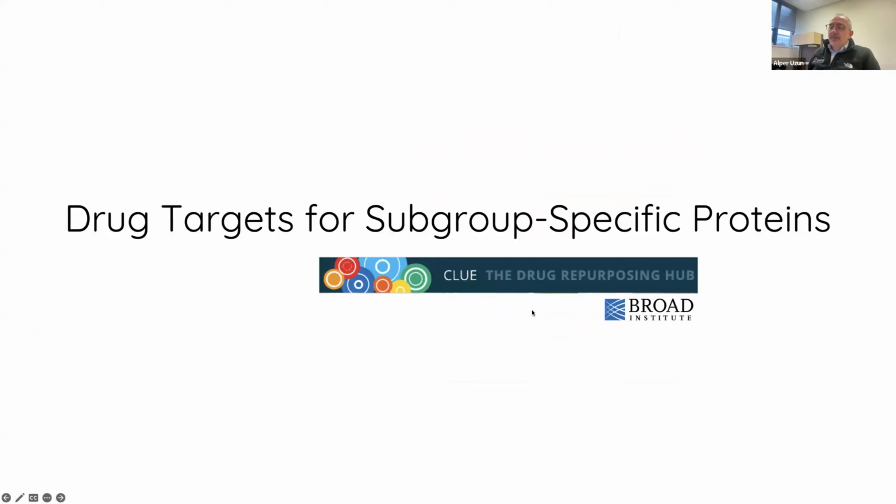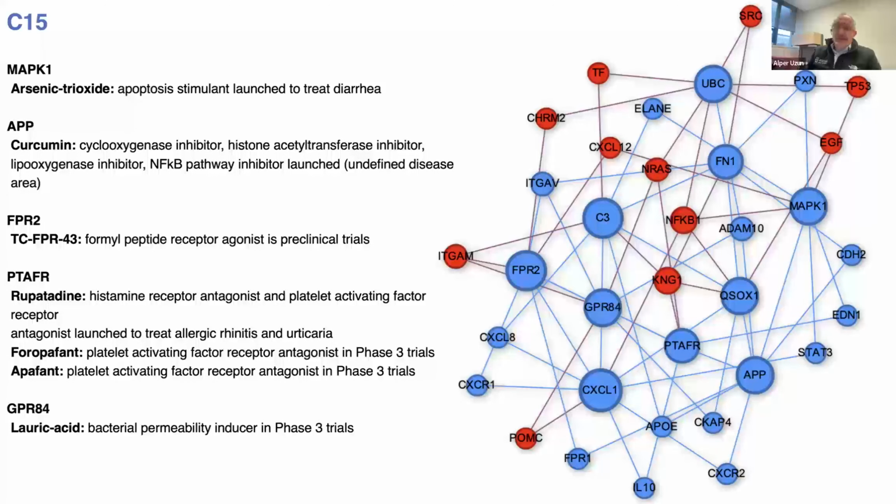So what we have now are these groups and the networks of these groups, the clusters. Now we can look for drug repurposing, where we look for the hub genes in these networks. This is the C15 network, represented by those 54 patients. The red colors are imputed by the system. The blue colors come from our seed genes, from the list that we put into the system for analyzing our patients.